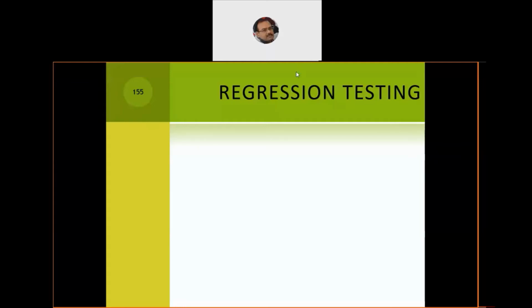So we all know there are two words. One is progression, which means you are moving forward, and the other is regression, which means you are moving backward. Now regression testing talks of not the progression, so that we are not moving forward. Somewhere we are dealing with the code. Once we have written the code, during the process of testing we realize that certain mistakes have been committed. So now this involves the correction in the code. This is where regression testing will help us in identifying the course of correction.